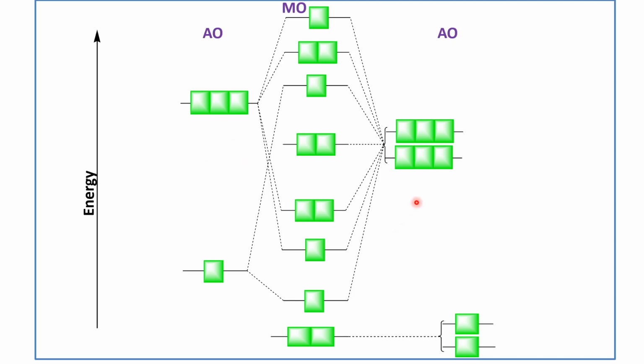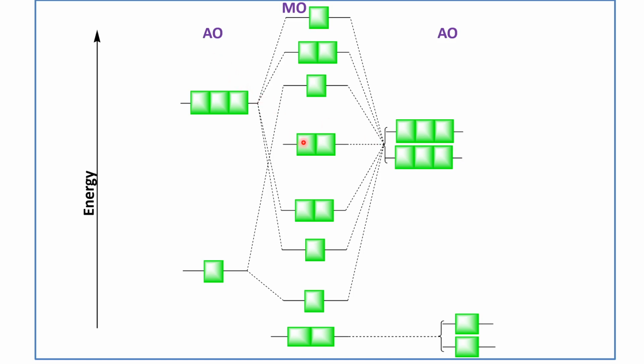Then the atomic orbital of more electronegative atoms. Now in case of the CO2 molecule, the more electronegative atom is the oxygen atom. So the atomic orbitals of the more electronegative atoms contribute more to the formation of the bonding MO. That means the position of the atomic orbitals of the more electronegative atoms should be lower, that means nearer to the bonding molecular orbital.